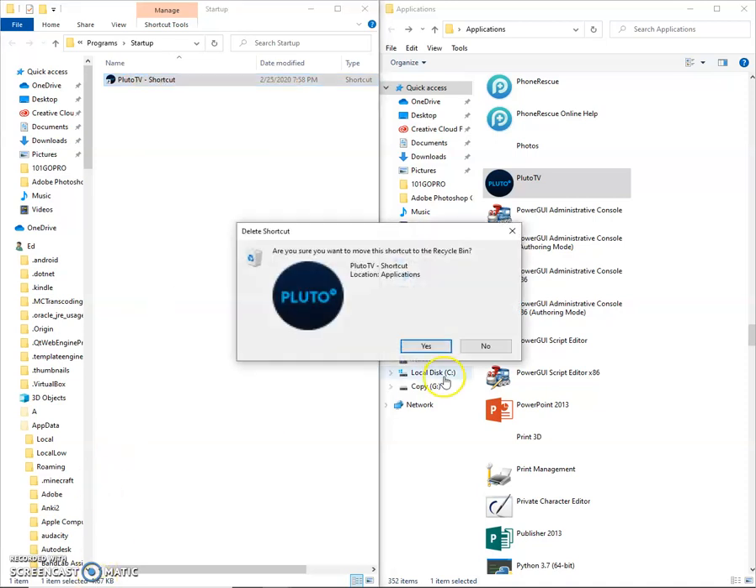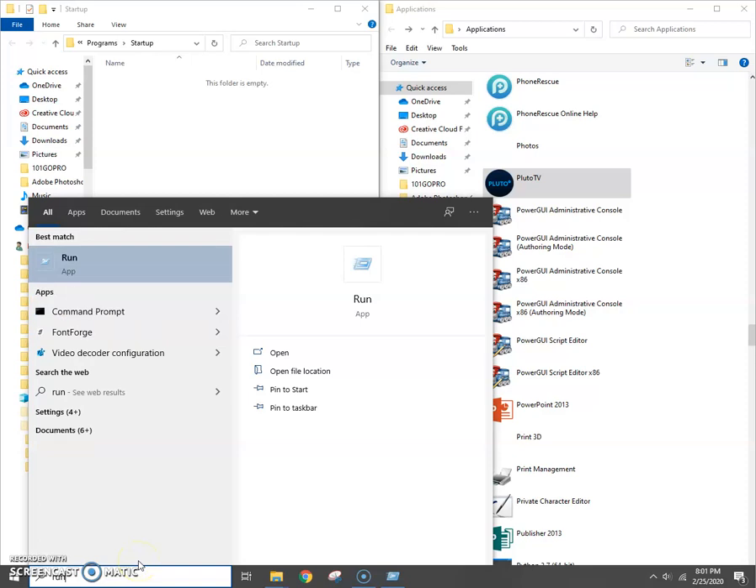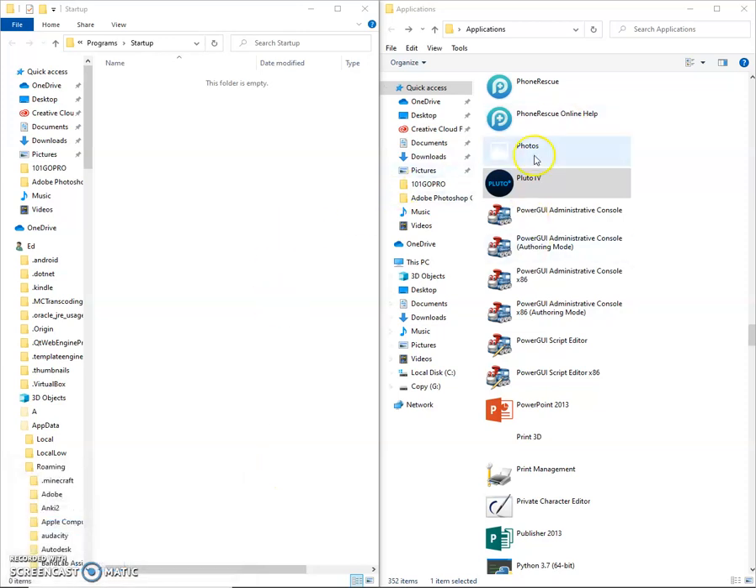Then you're going to do the same thing, except this time when you type in run, you're going to type in shell:appsfolder. It's already there for me, so I'll just click on it. So you're going to type shell:appsfolder, and then you're going to hit enter, and then this is going